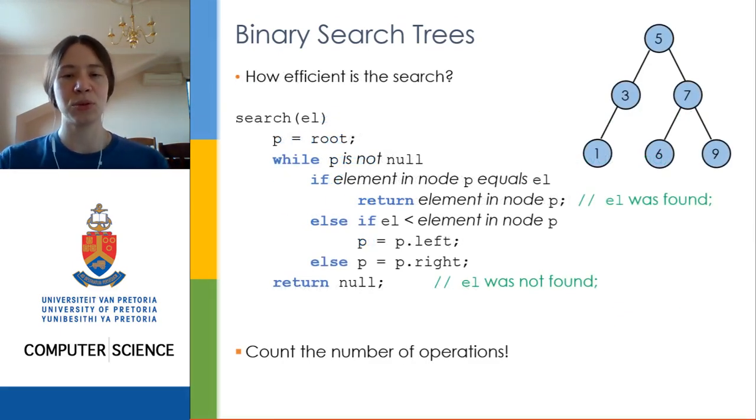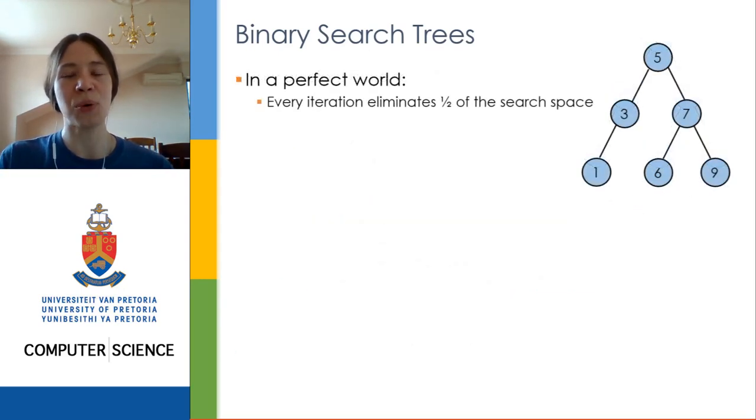Okay, so this is all good and well. Hopefully this makes sense. I think the algorithm is pretty simple to understand. I did tell you that this algorithm is efficient. Question is, how efficient exactly is it? Well, I already told you that to determine asymptotic complexity, you need to count the number of operations performed. It turns out that the number of operations performed will to a very, very large extent be determined by the